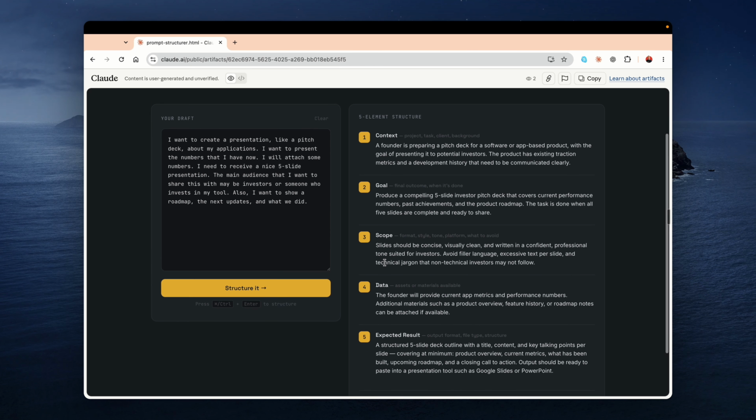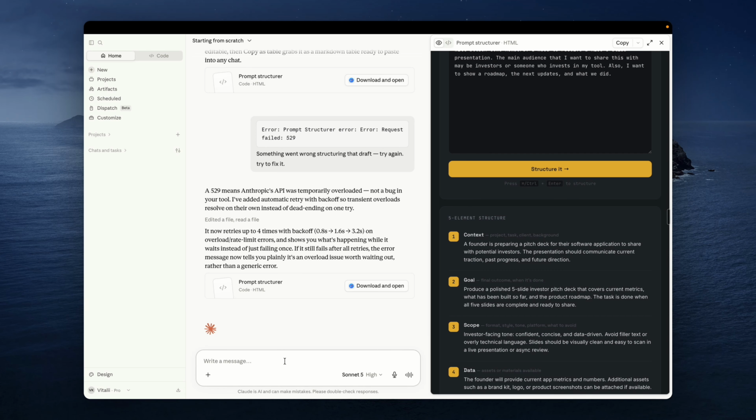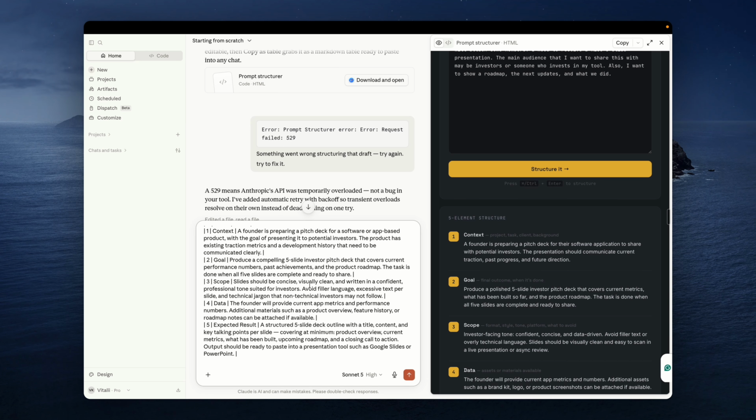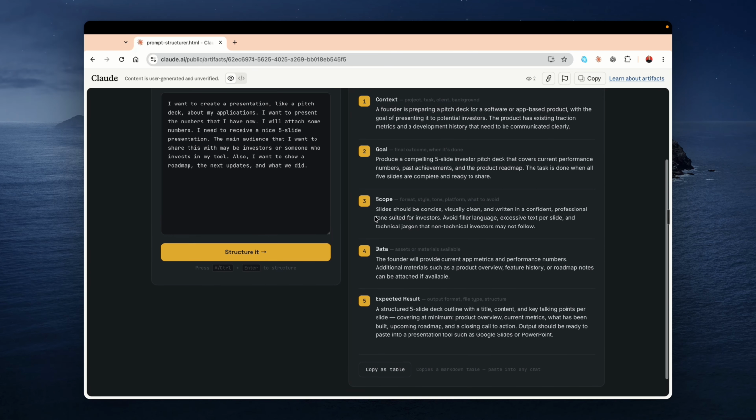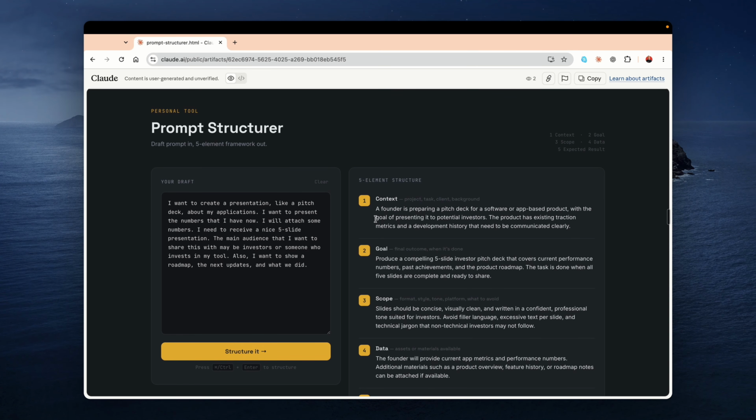I mean, this is nice. It works. You see our draft prompt nicely structured using my 5-element structure. And I can copy and paste this table into every chat that I want. Nice. In this case, I can say that case number 1 is closed, and we see a nice result. Now let's go to case number 2, working with draft data and transforming this data into a nice dashboard.